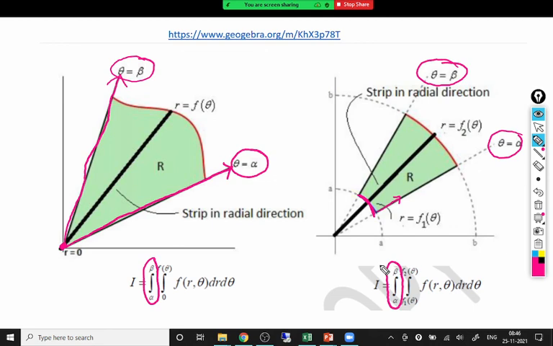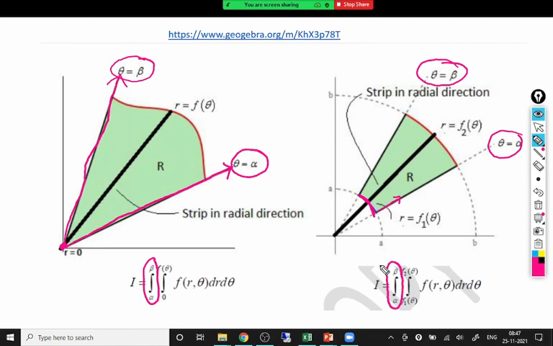The reason is the entire region is bounded between these two angles. So always you have to look for minimum theta and maximum theta over that region. That way you get outer limits. So in polar, the order of integration is always fixed. That is dr d theta. It is never d theta and dr.